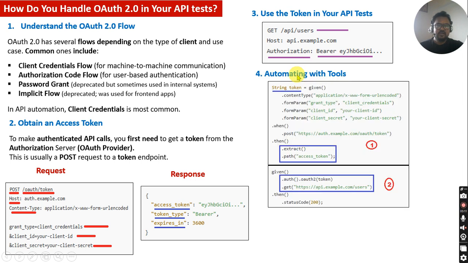Now, how can you do it in automation? Let's suppose you are working with Rest Assured. You simply create one string variable to store the token. So String token, then given, content type, then form parameters: grant type, client credential, client ID will be your ID, client secret will be your secret. Then you post to this token endpoint, the generate token OAuth token endpoint,